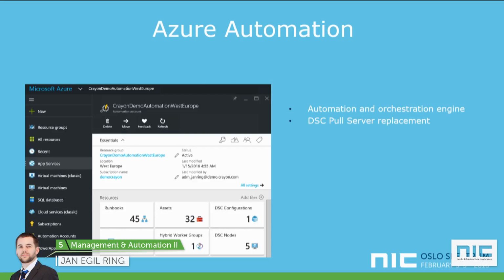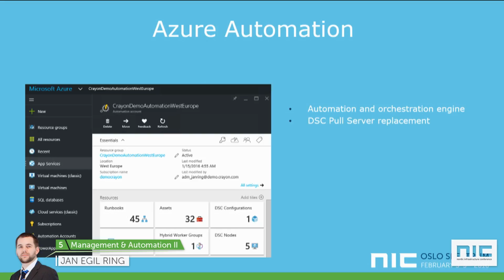Then, before we go into the last demo, I have a slide about Azure Automation. How many have seen or used Azure Automation in this room? Maybe 10 people or something like that. This is really something, at least for those who are already using SMA, I would recommend having a look into, because they are constantly adding new features. And after the support for native PowerShell and the hybrid worker, it's really starting to get very useful for real-world scenarios. So it's basically an automation and orchestration engine,